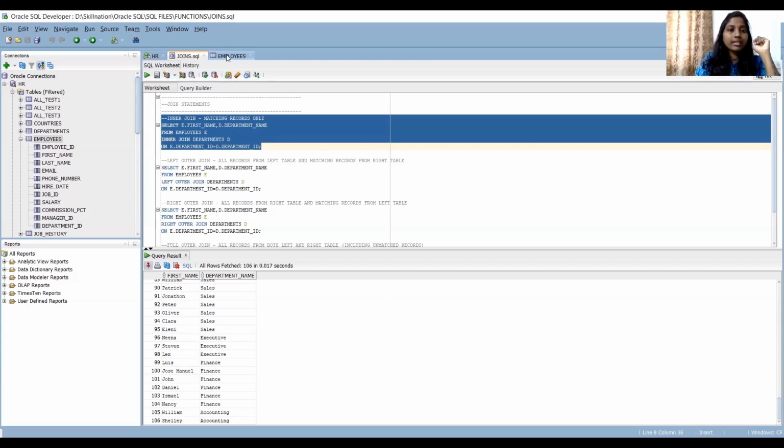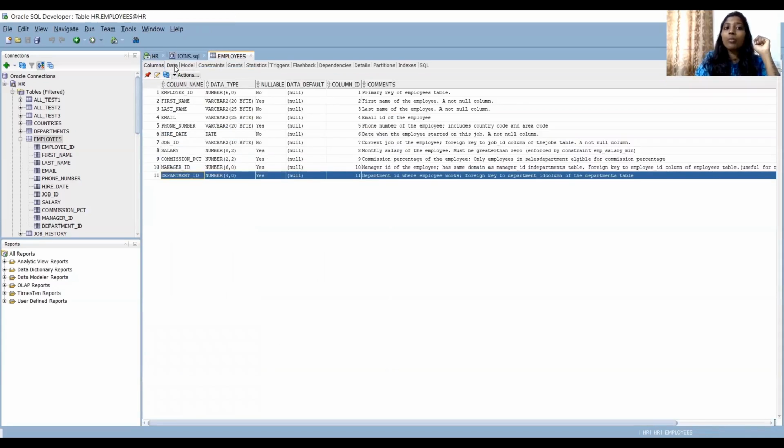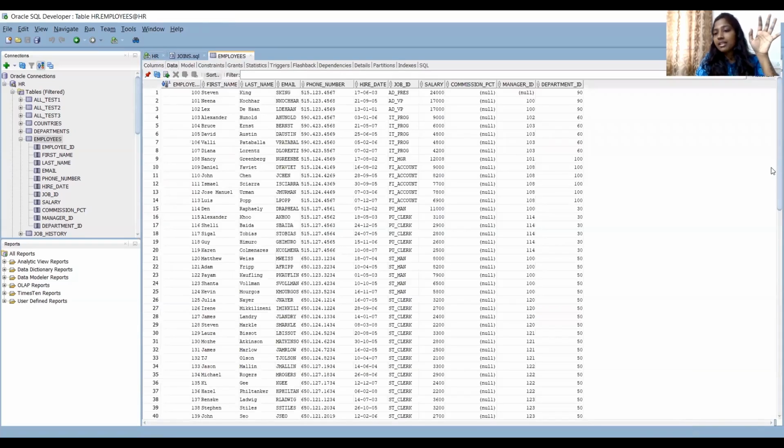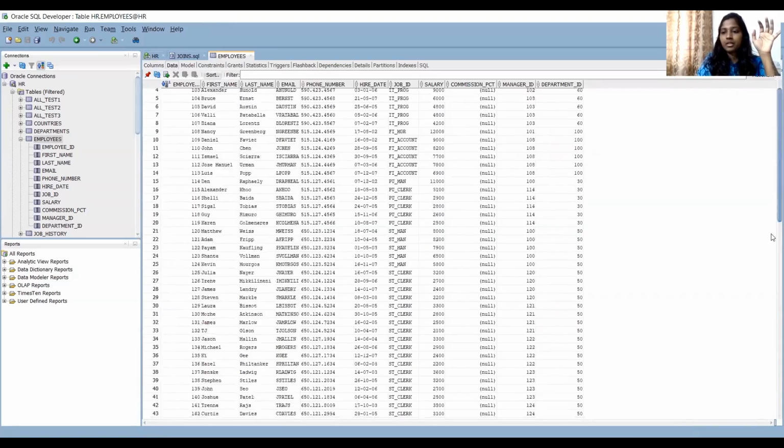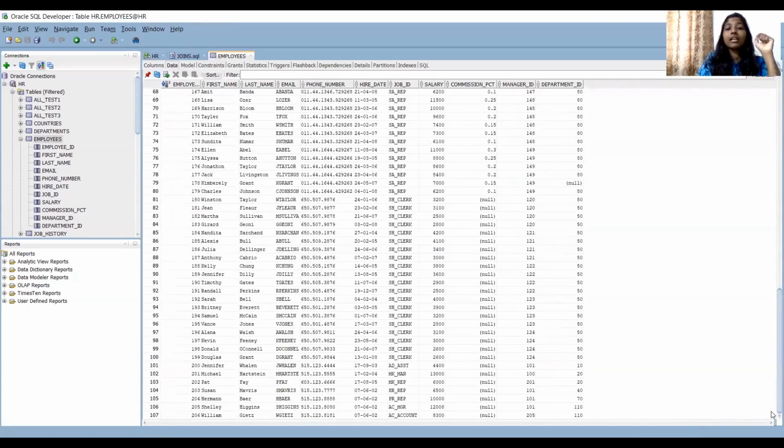Let's go to the employees table and check how many employees there are in total. There are 107. On the screen, can you see department ID as the last column with a null value here?